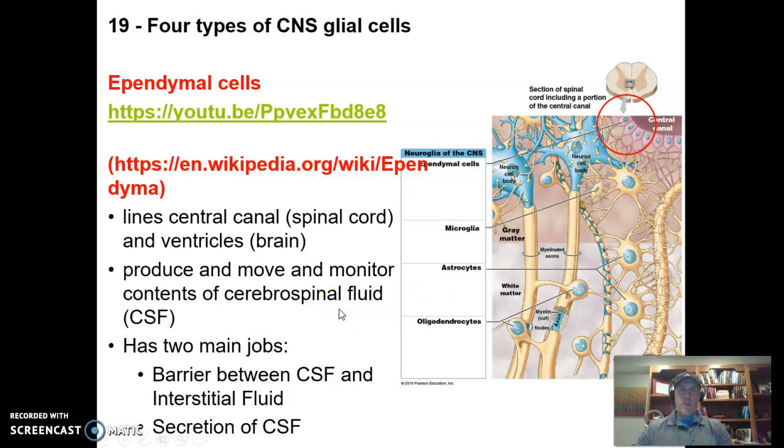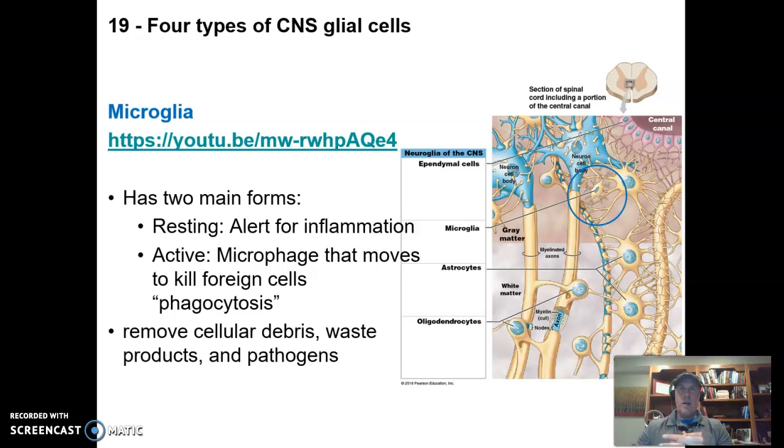We take this a step further. We have the microglia, small glia glue, so it's small little molecules of glue. And microglia is specific. There's only one type of cell that's referred to as micro. The rest of them are referred to as macro. And if you look at what these guys do,